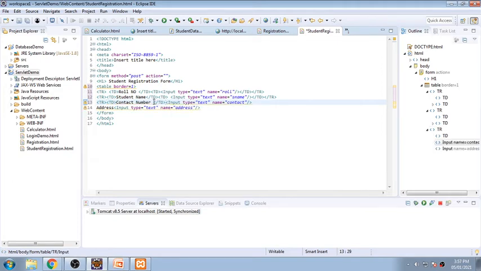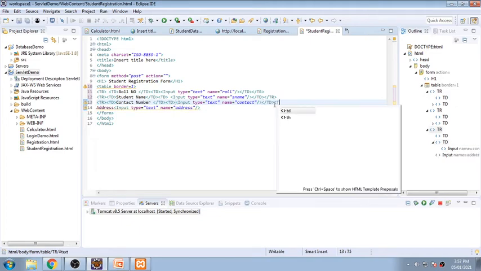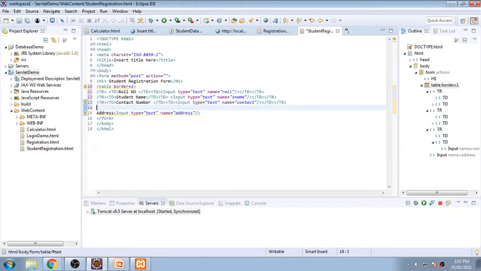So slash table data, and again I'm opening the second cell, and this second cell needs to be closed, and the second row is again closed. Okay, same way I just copy paste this part, you will get very much clear about what we have done here. And this is table close.